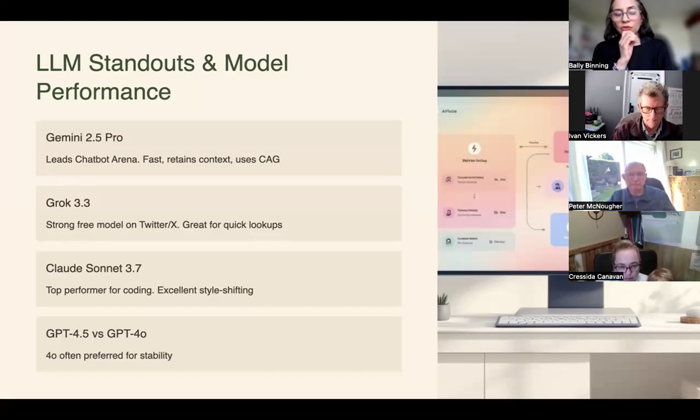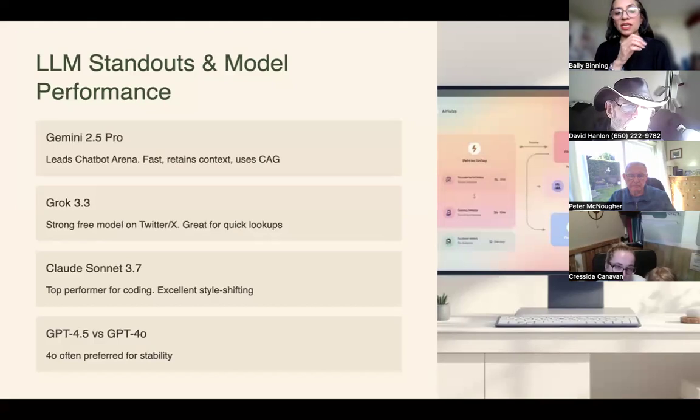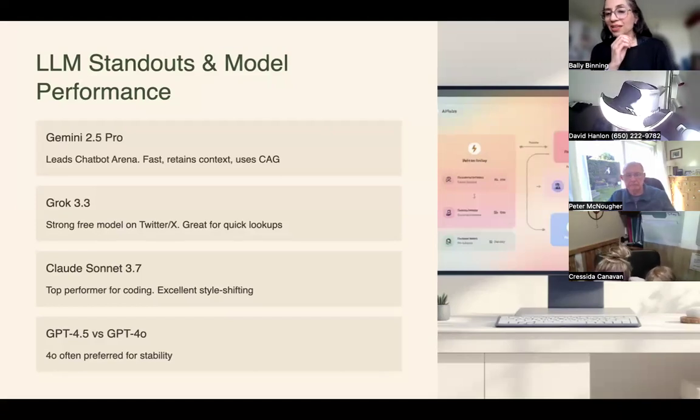Grok wasn't doing so well until recently, but it's doing phenomenal. Some of you will have seen this already. Certainly in the X space, if you're using X or the old Twitter, then it's really good if you're using Grok 3.3. Some of you may not want to go to Grok, but it is a good one to test out, right?